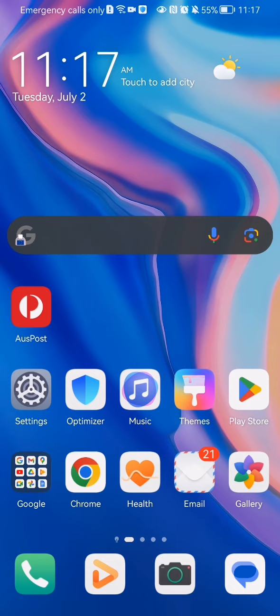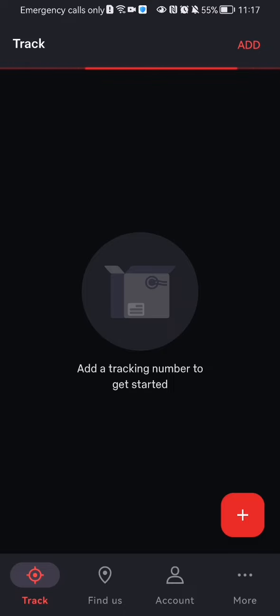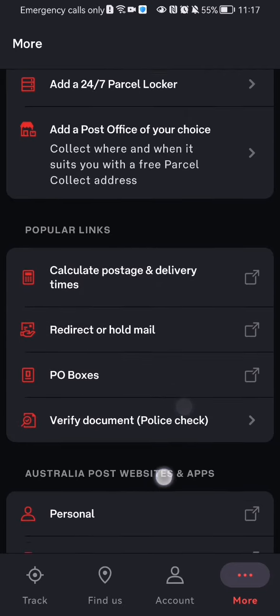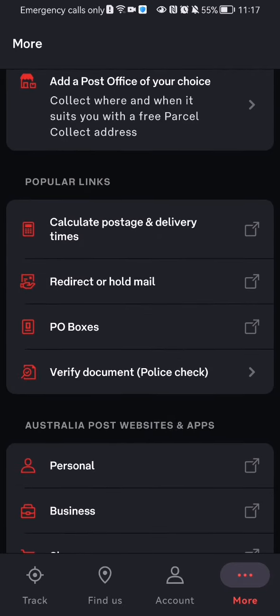The first thing you need to do is enter the app. Now you should wait until the app loads in. Once that is done and you are on the home page, you should look at the bottom right corner and you will find the More option there. Press on it. And on this page you should scroll down a little bit and you can see here the